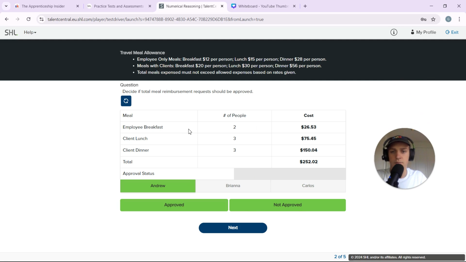But the first guy, he's not approved because his breakfast was too much, but based on these rules up here. Right. Brianna, she was about $10 per breakfast, which meets that one. Oh, and there's employee and client, so that'll be something to look at in future. This is an employee thing, so $10, fair enough. Employee lunch, $15. She averaged less than $15 because basically 15 times 3 would be 45. That's her limit. In terms of dinner for employees, hers is 28. For 3 people, that limit would go to